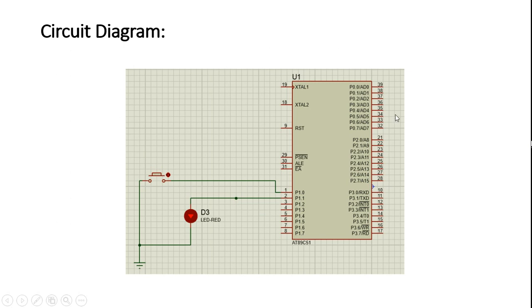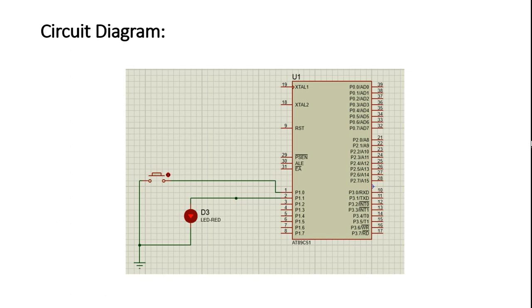Again, I would like to mention here that the circuit diagram that we make in Proteus is a bit different from what we make in the hardware. In Proteus we don't provide any clocks, any reset, or anything to pin 31, the address latch enable. Similarly, we don't provide any power or ground to the microcontroller, so we don't need to do that. You can, but it is not necessary.